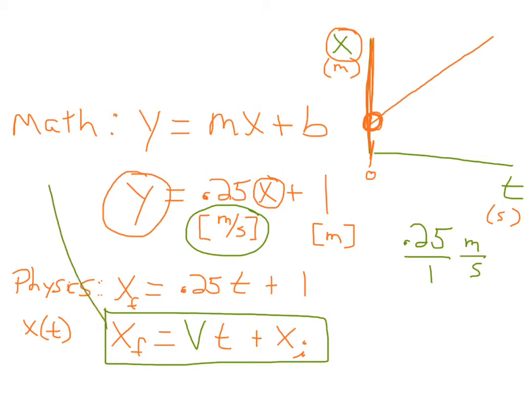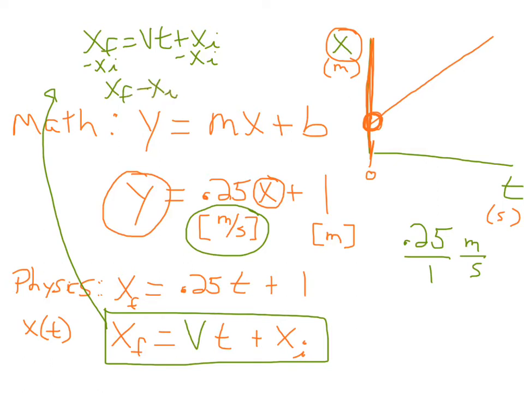I would like to show that really quick right up here. So we're going to start with xf equals vt plus xi. If we move xi to the left by subtracting on both sides, minus xi, we get xf minus xi equals